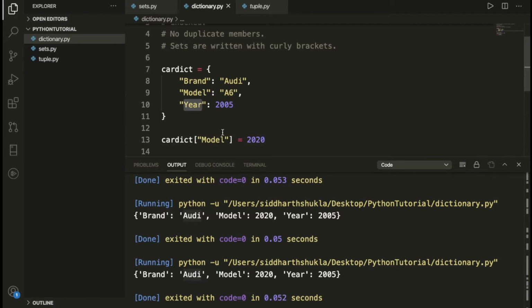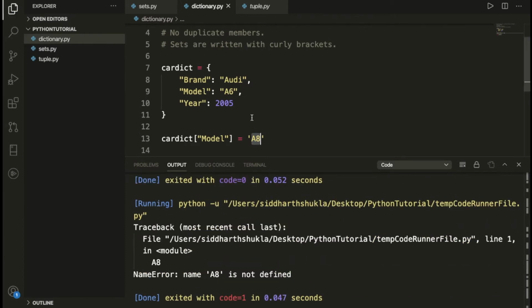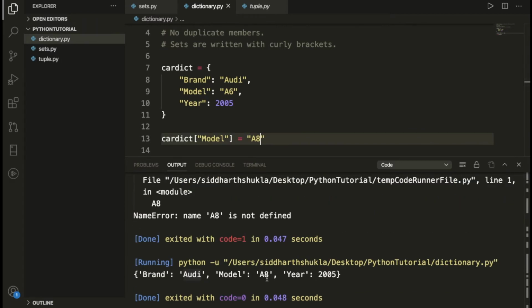We have written A6. Suppose you want to add A8 something. Sorry, this is a string. I'm going to save again and execute that program. It is a string basically. Yes, we have A8. You can check below.